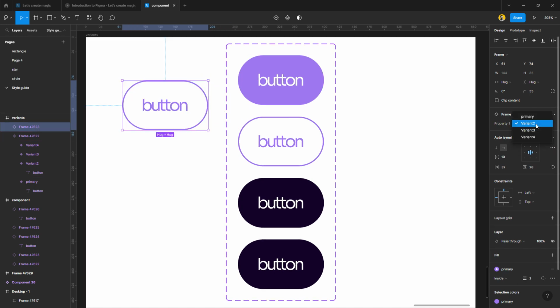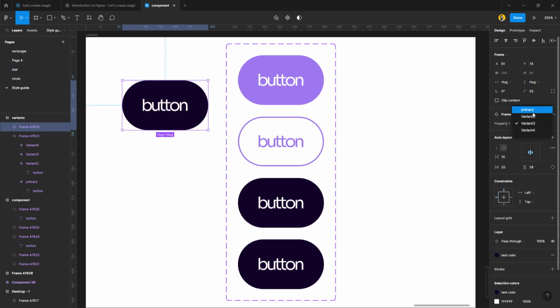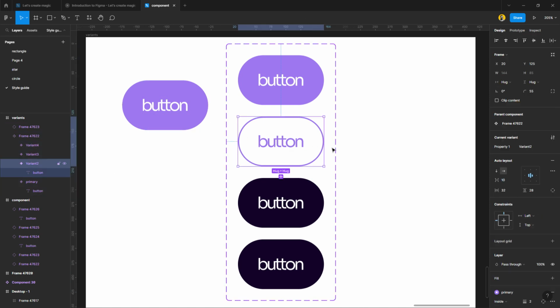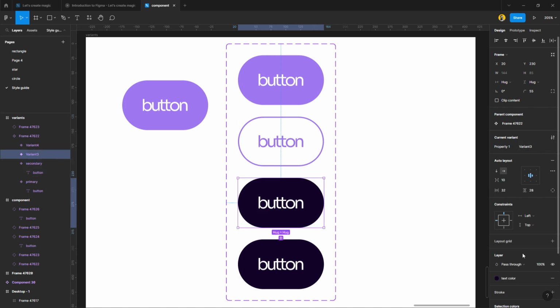You can see we have those different states of the buttons by doing this, so we don't have to duplicate and start creating them afresh. We all have it in one. But let's proceed. So the second one, I'm going to change it to secondary, and then for the next one,